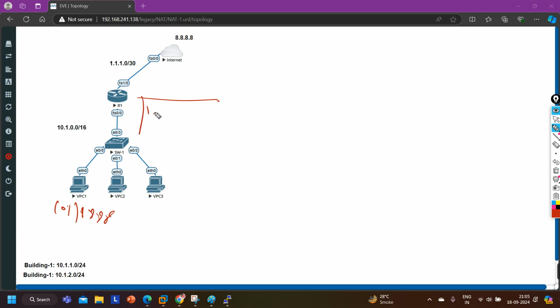It is going to translate 10.1 into 1.1.1.1, and it is going to assign one port number, let's say P1, and then it will forward the request to the internet. When the internet generates the reply, the source will be 8.8.8.8, the destination will be 1.1.1.1, and the destination port P1.